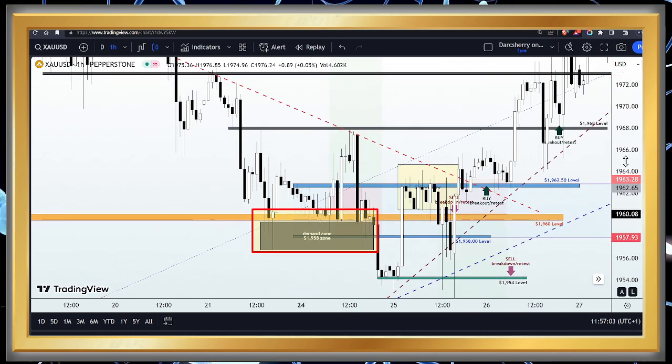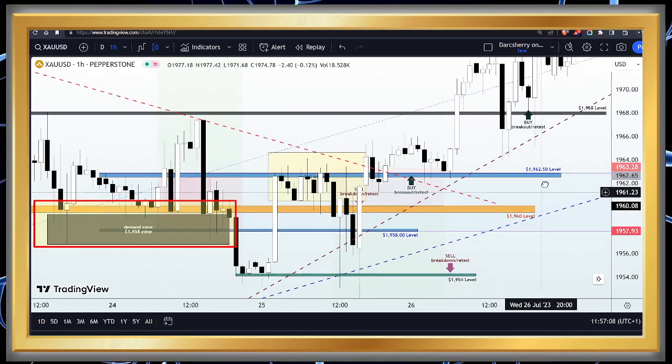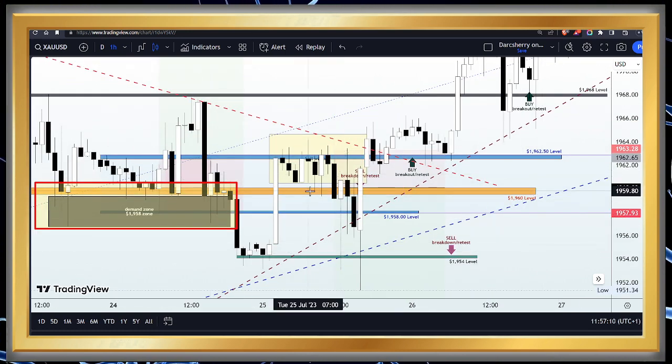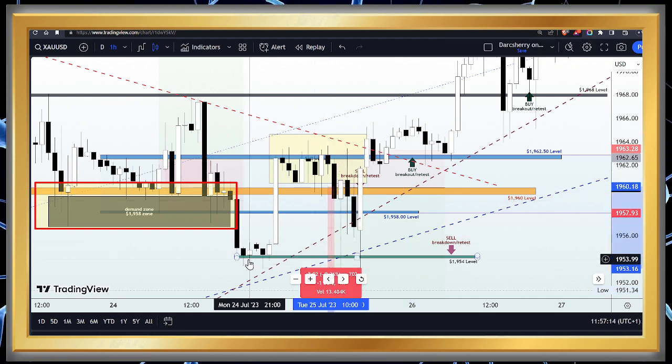Now look at what happened here during the New York session yesterday. We saw continued selling pressure. In fact, price moved to the downside here, about 60-70 pips in our favor before it came back into entry point. And of course, if you had moved your stop losses accordingly, you would have been taken out with a modest size of profit, or at worst case scenario, break even.